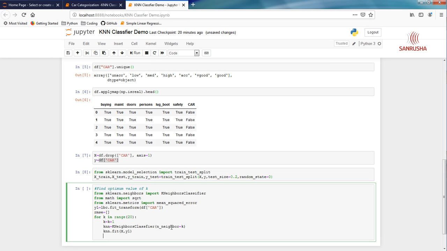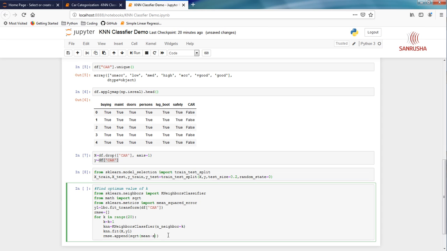and let's calculate the root mean square error. We're going to append the value to this one here. This is required in case you want to plot a graph. If you don't want to plot a graph, then you don't need to put the values in this empty array. But let's do that.